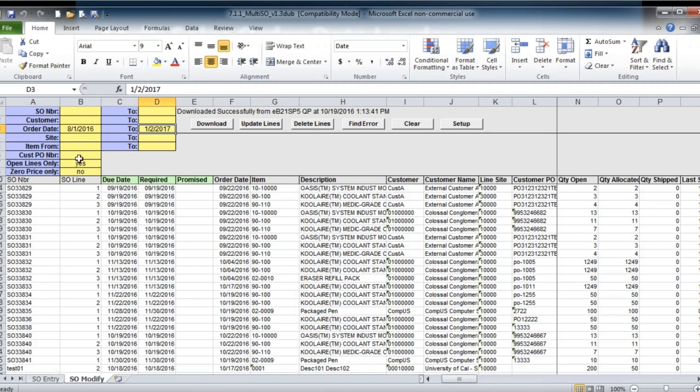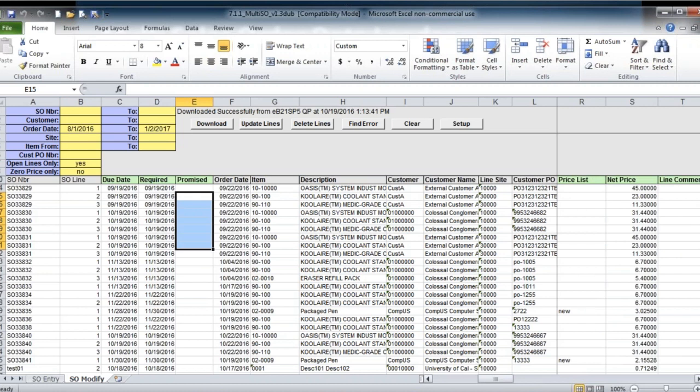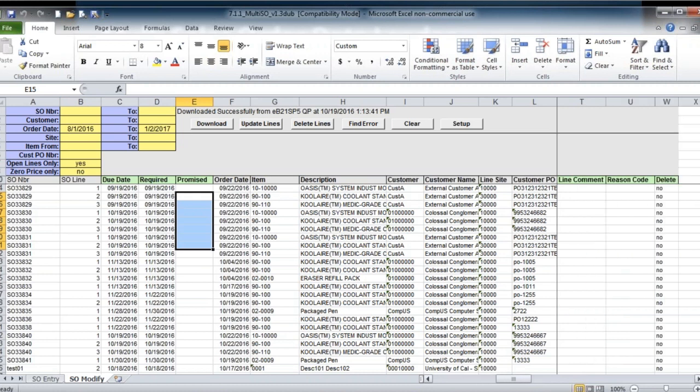This will also, you can filter it by whether there are open lines only, so then you can do some cleanup. So for this particular data loader, you can make changes to any of the dates here, and these are all highlighted in green. Those are the columns that you can make changes to. You can change pricing, right? You can add line comments if you want, and we also have a feature here that allows you to delete